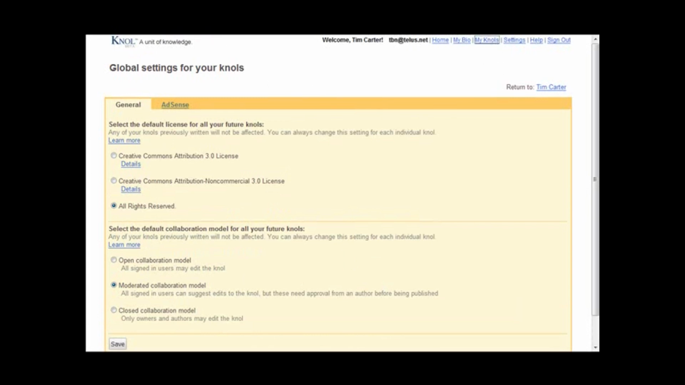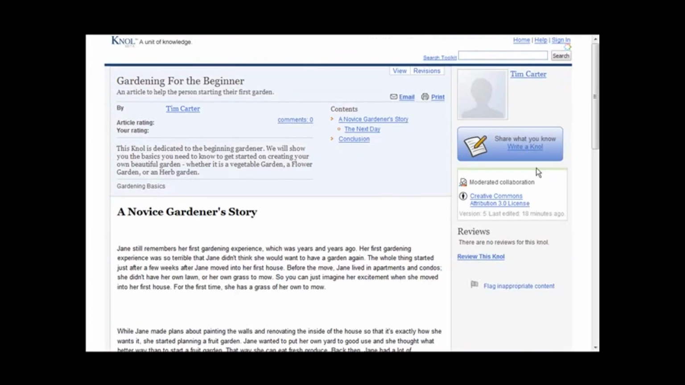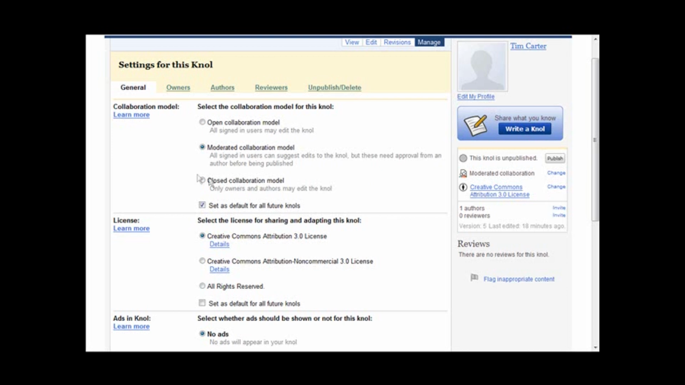Let's go back to my nulls. And then let's bring up the one we were working on here. Okay, so here you'll see that our null's unpublished. So when we're ready for it to be seen by the public, all we have to do is publish it. We have moderated collaboration, and we have Creative Commons Attribution 3 license. And it's like that because we didn't change the defaults till after we created this. So all we have to do is click on change, and then